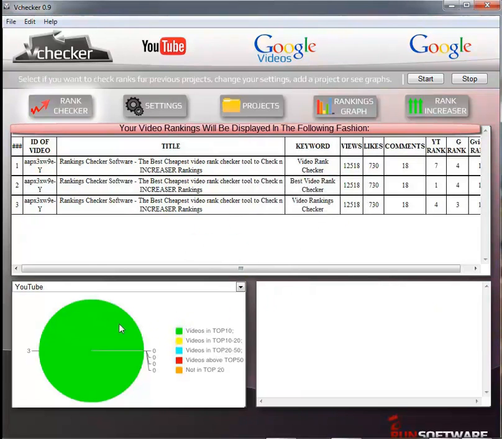With one look, you can see exactly how many videos you have in what ranking category, such as top 10, top 10 to 20, top 20 to 50, and more. In this case, the graph here is telling me that I have 3 videos or 3 URLs in the top 10 positions on YouTube. If I wanted to see how many video rank checker videos I have on Google, let's say